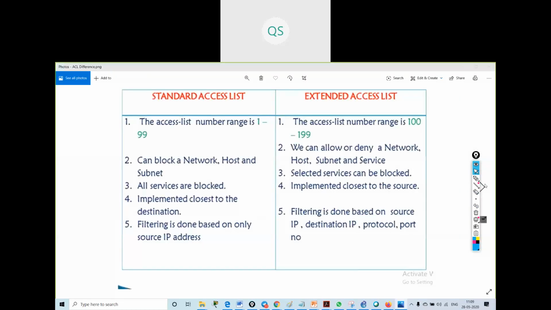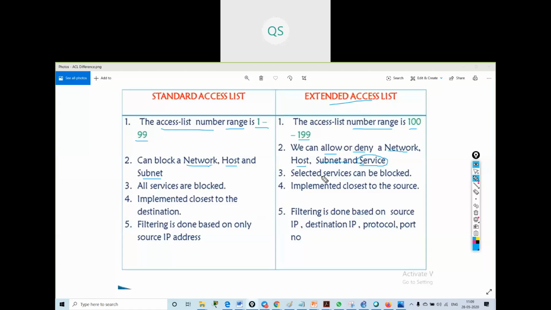See the difference between standard and extended access list. The access list number range of standard is 1 to 99. The number range of extended access list is 100 to 199. Standard access list can block a network, host, and subnet. Extended can allow or deny a network, host, subnet, and specific services.